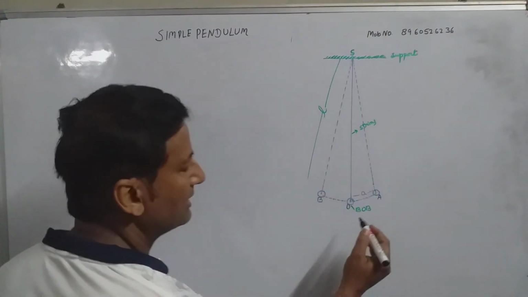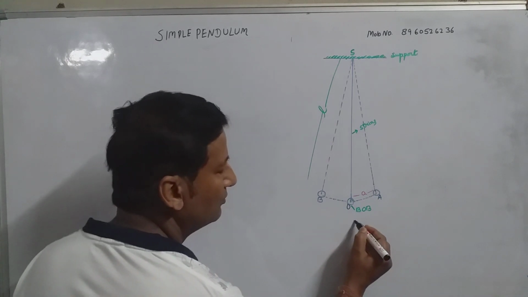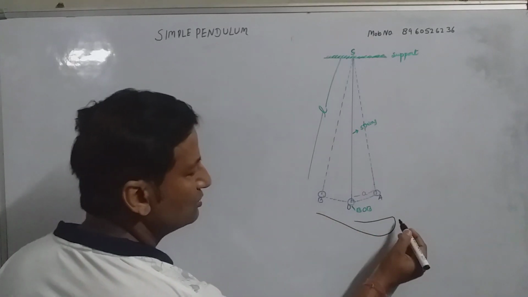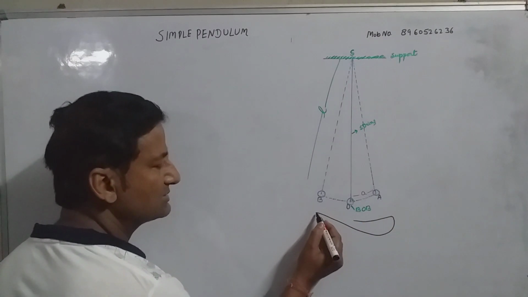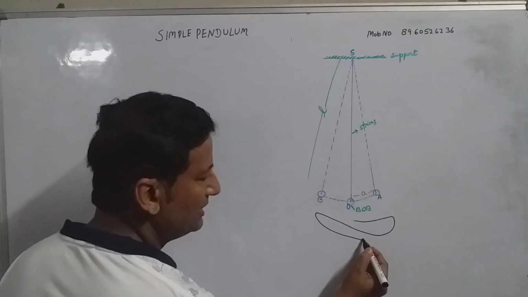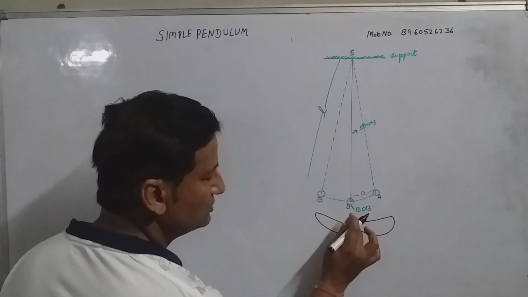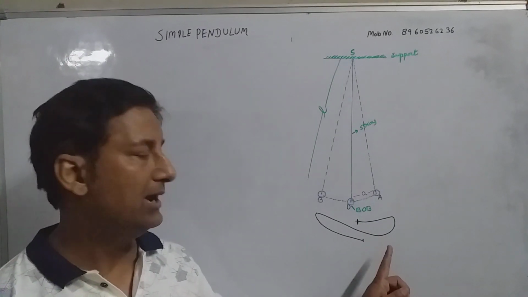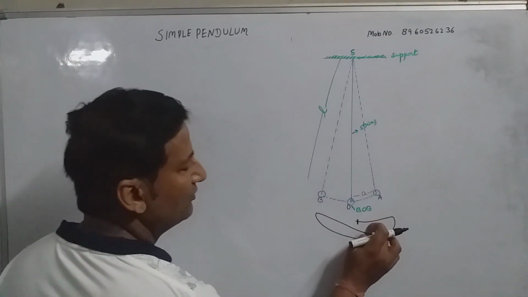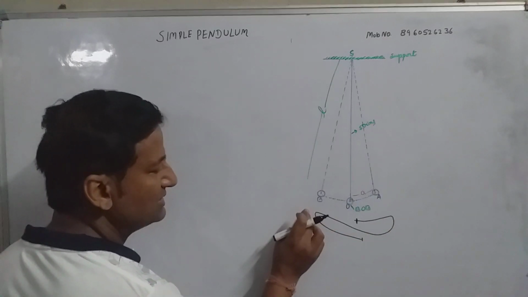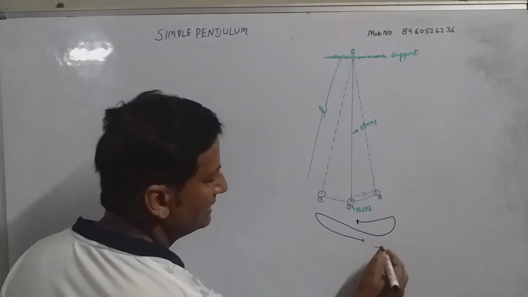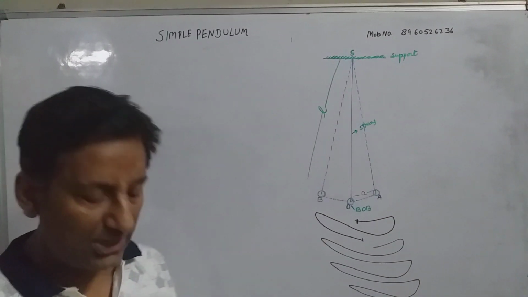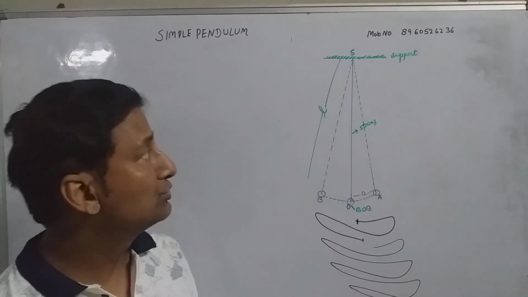Now see the diagram. This bob will move like this, and then it will come to the other point. This is known as one extreme, this is known as another extreme, and then it will come to its mean position. So this completes one oscillation of a pendulum, right? Moving from one extreme to another extreme, then coming back to the mean position. This is how the motion takes place. This is known as simple harmonic motion or motion of a pendulum.